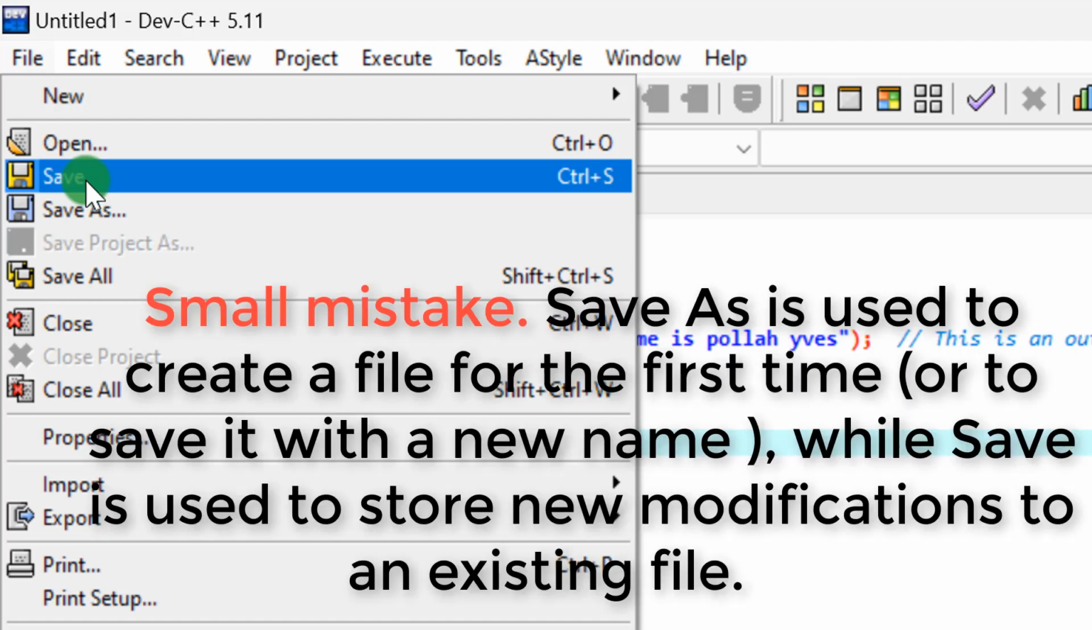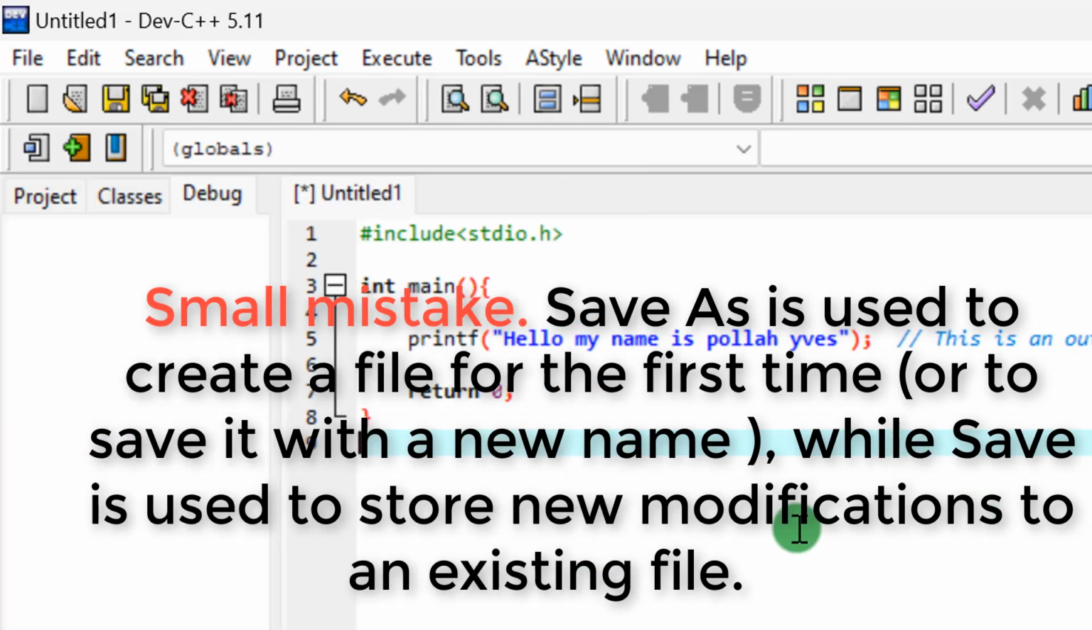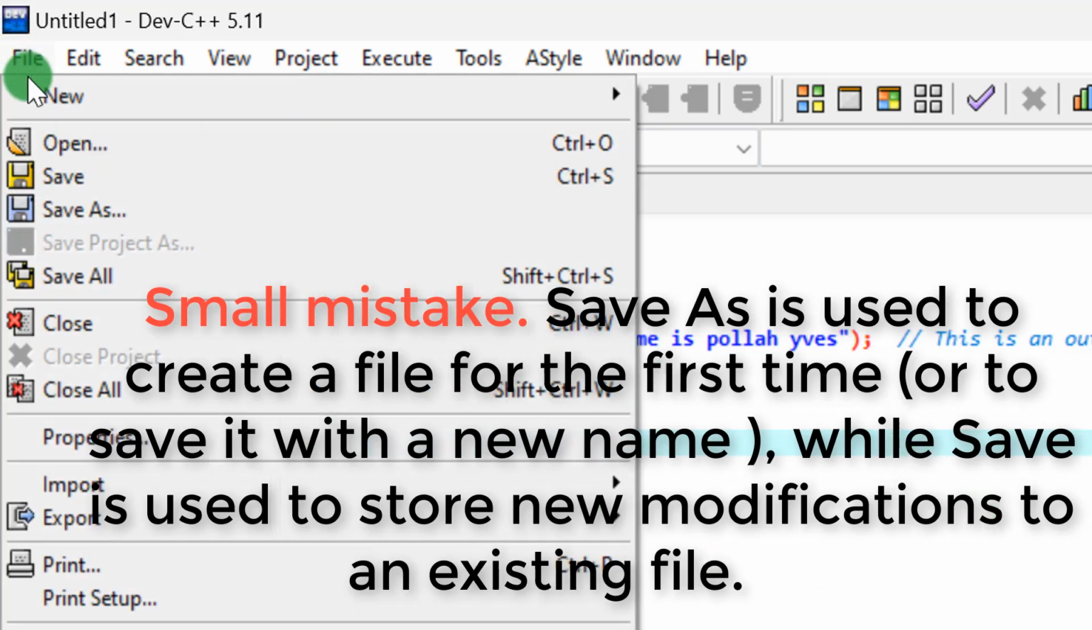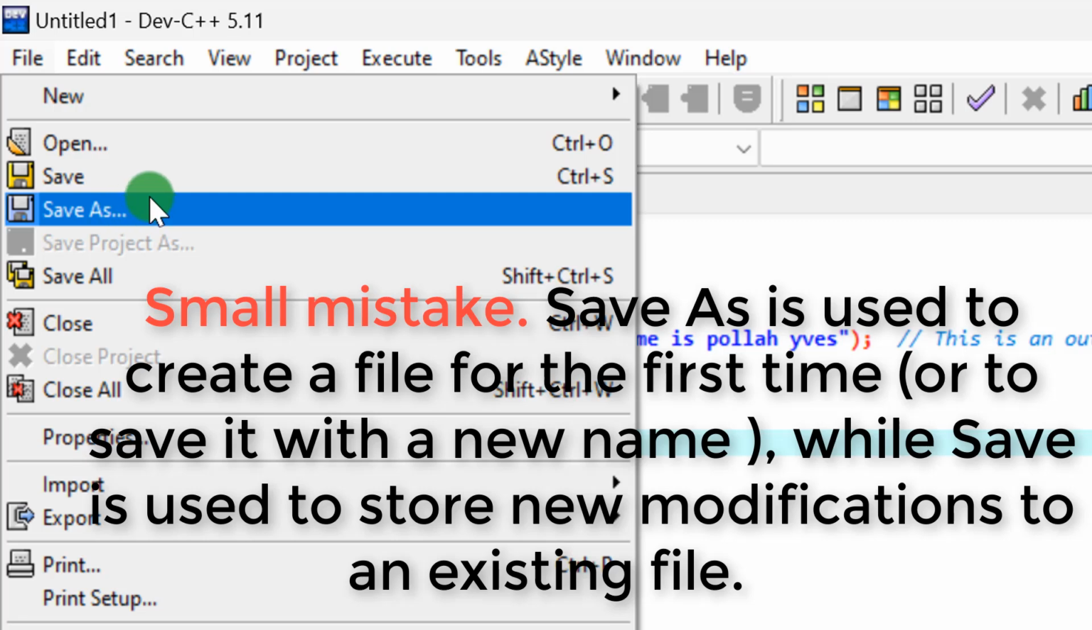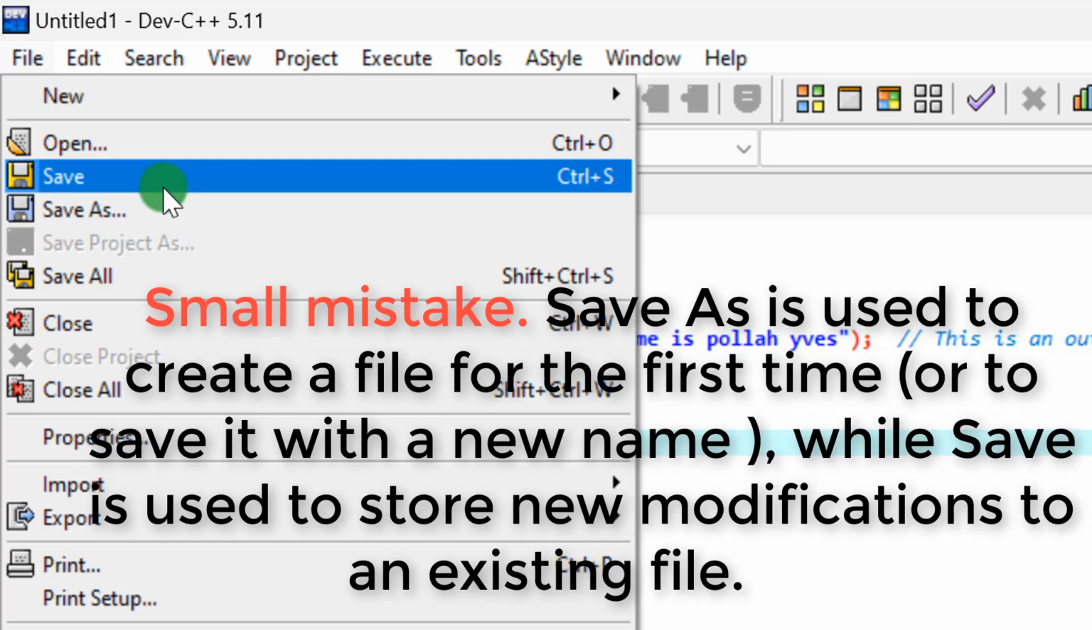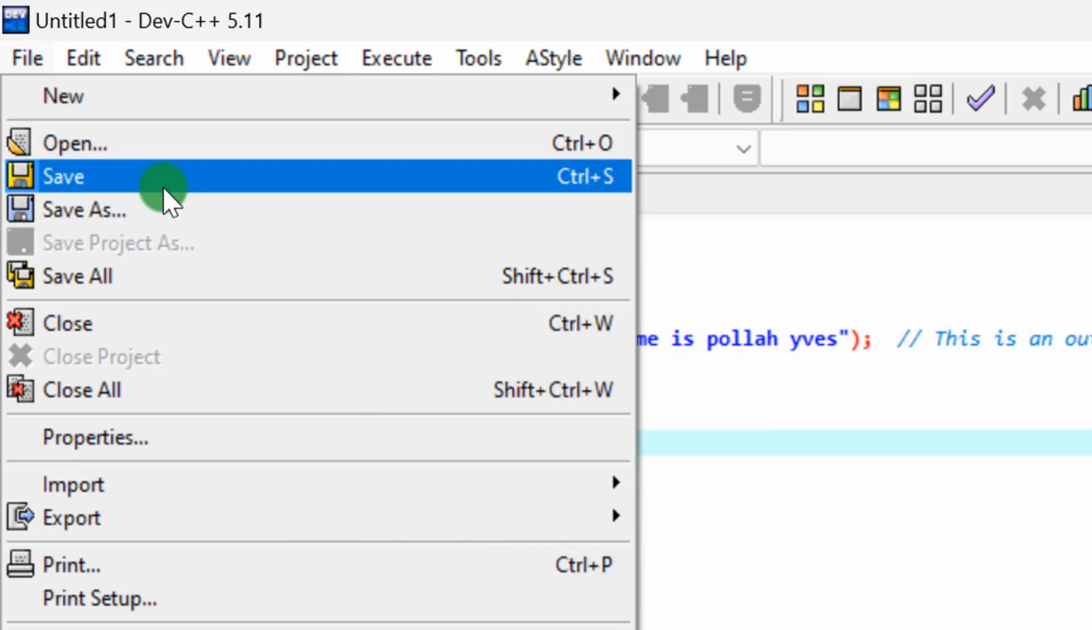Save here simply means creating the file. Creating means giving a name to your file. Good. But after creating the file, the next time you'll be saving the new modification that you're writing in here, you'll be clicking on save, and not save as again. Good. So this is the first time you are trying to give a name, so that's why we click on